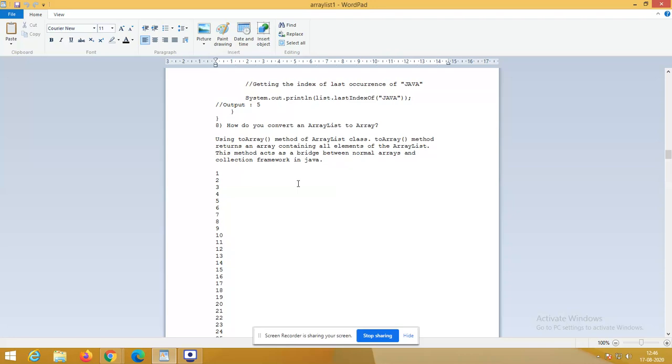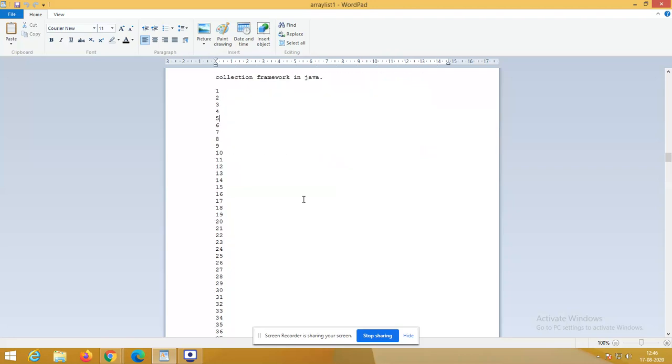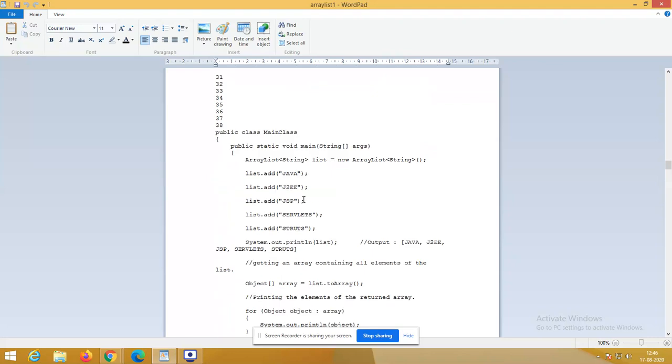Okay, so we have the method toArray. By using that, we are going to perform this. What is the influence of this function actually?